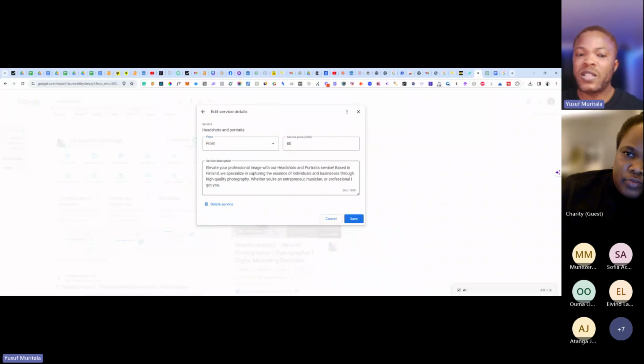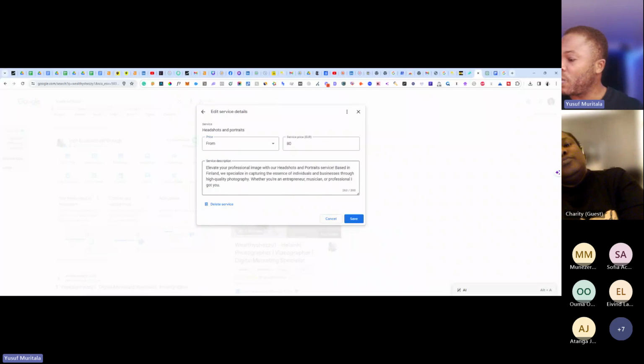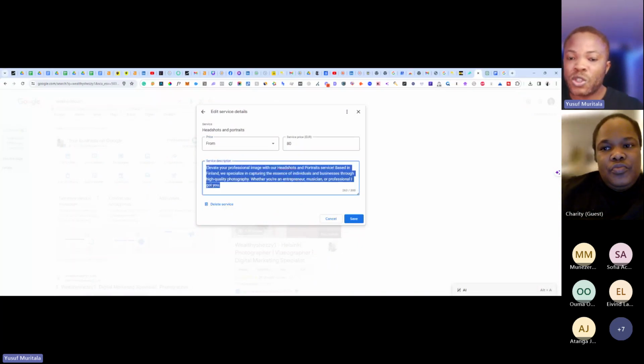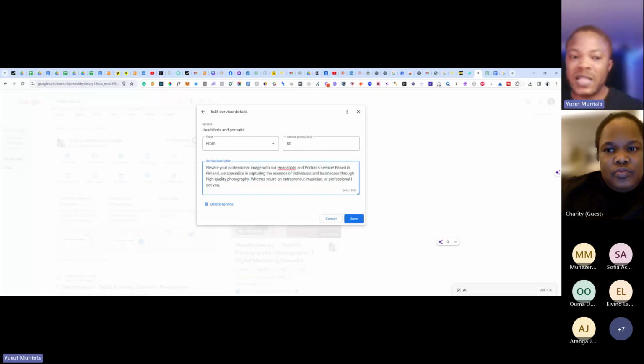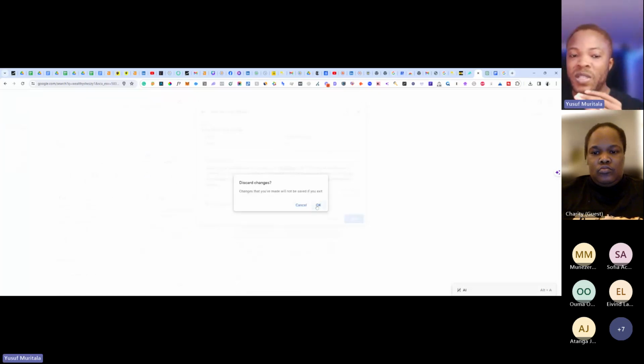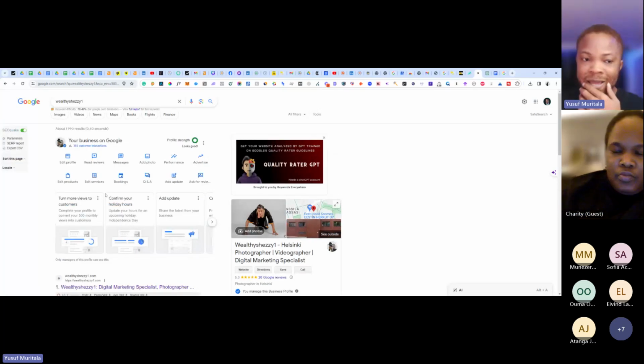And then the description is very important. It's just like the SEO title and description from the website side. So make sure that you have this short 300 character description and that this keyword is also there. Remember, it's here also now, right? It is very crucial. So you have that, you are on your way to a better business profile, right?